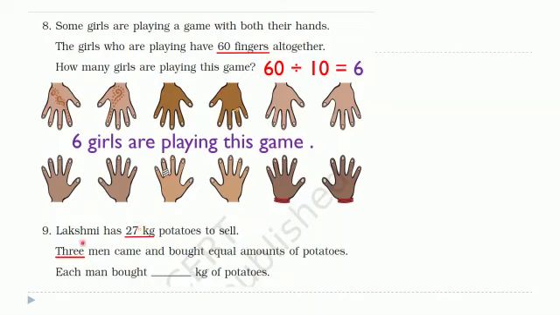Now, ninth one, Lakshmi has 27 kg potatoes to sell. Three men came and bought equal amounts of potatoes. So, how many kgs? 27 kgs. And three men have bought them equally. So, what we have to do? 27 divided by 3. So, what will we get? Yes, 3 nines is 27. So, each man bought 9 kg of